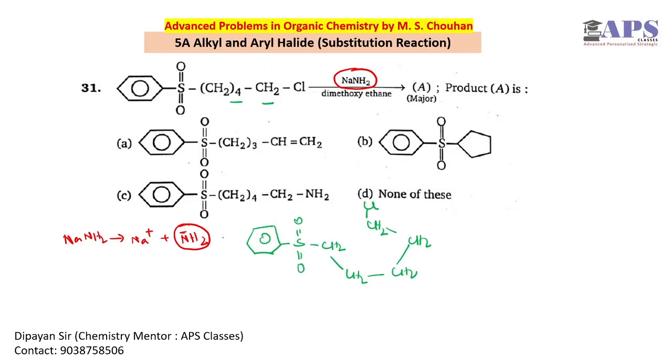Now as NH2 minus is a base, it will abstract acidic hydrogen, and this hydrogen is acidic in nature because the conjugate base is resonance stabilized as well as stabilized by the vacant d orbital of sulfur. So after removal of this hydrogen, we will get this kind of carbanion, CH2 minus,